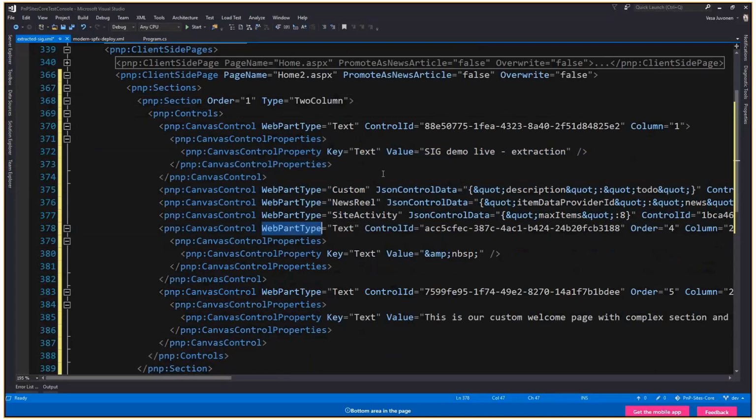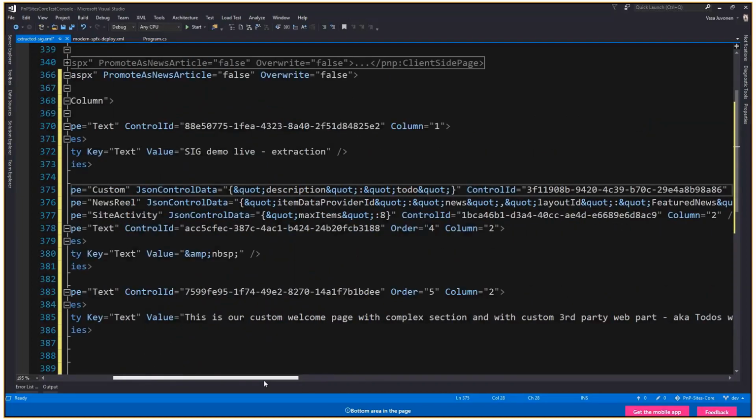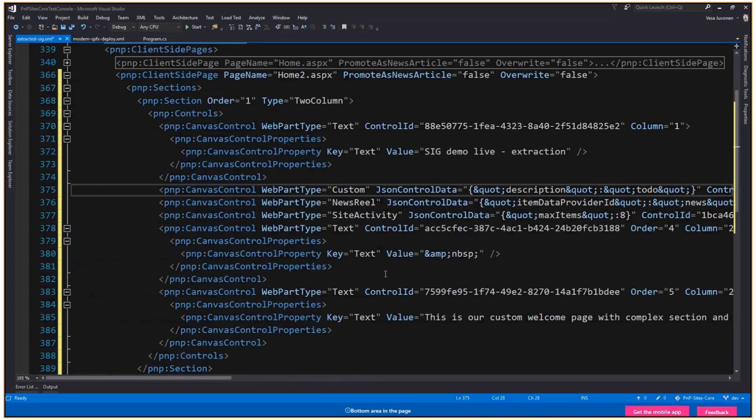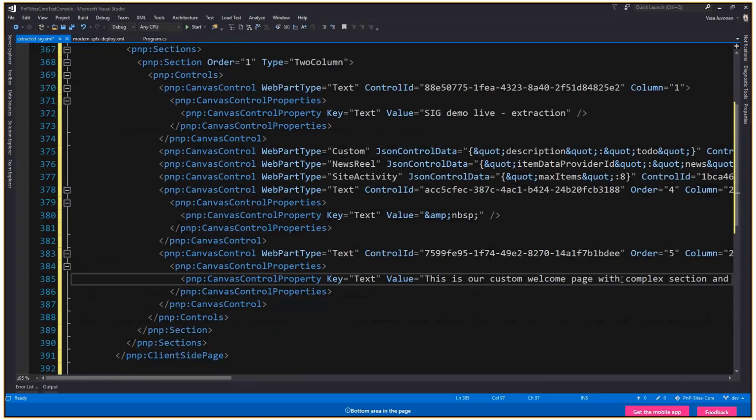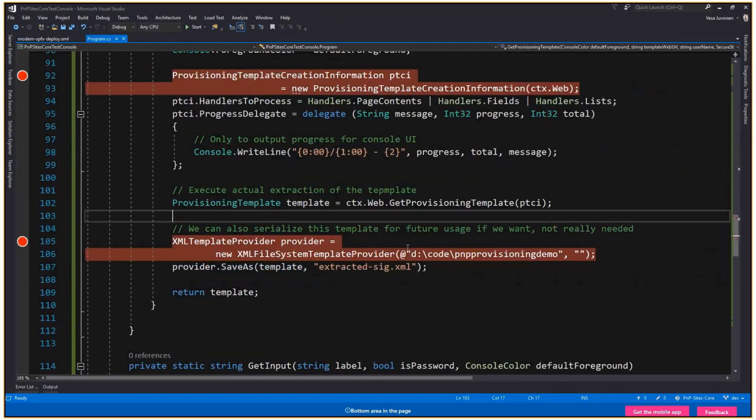Now, quickly, as you can see, we extract the sections, we extract columns, content, we have all of the data inside here. For example, where do we have that text which I was just looking into? This is the custom welcome page with complete section. Where is it? The text is the content control. There it is. There we go. So SIG demo live extraction. So there's the text which I added on the page, and now it's extracted. This is the easiest way to figure out what's the structure. Obviously, there is a schema. There is a documented way of doing this